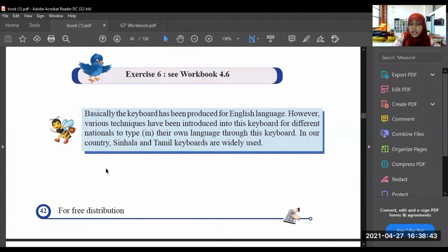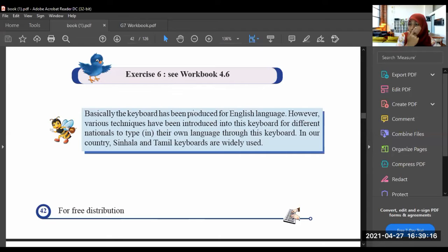However, various techniques have been introduced into this keyboard for different nationalities to type in their own language. For example, if you are typing in Sinhala, there is a technique to type in Sinhala.